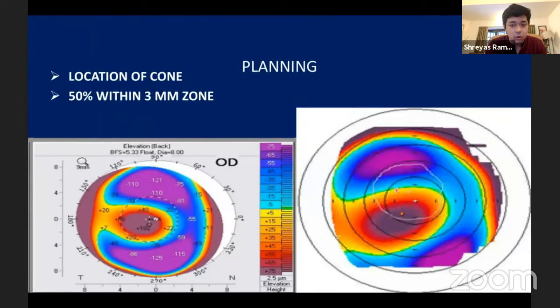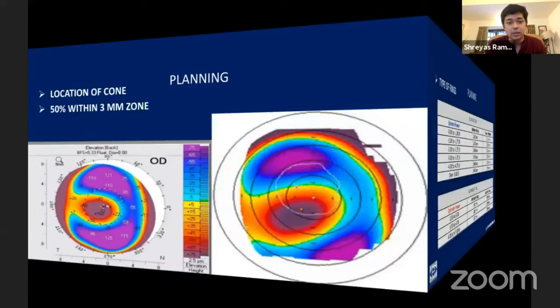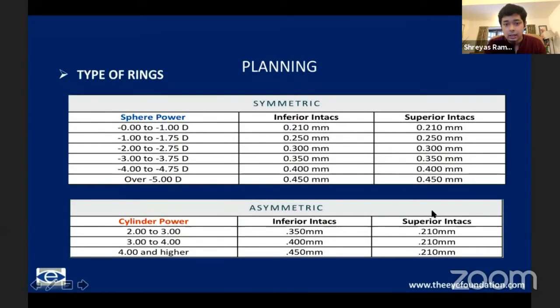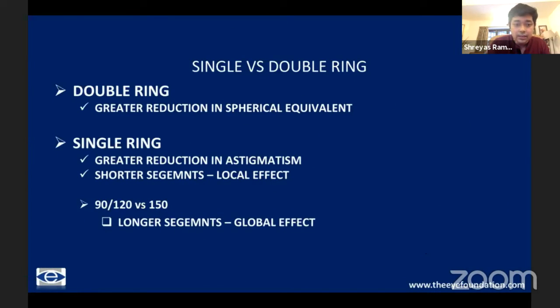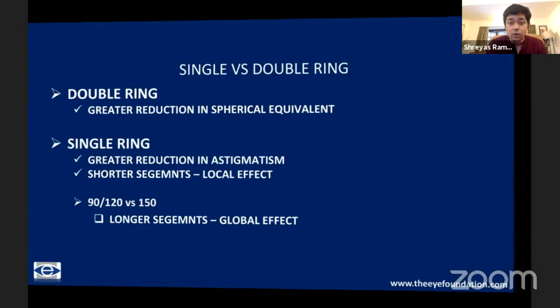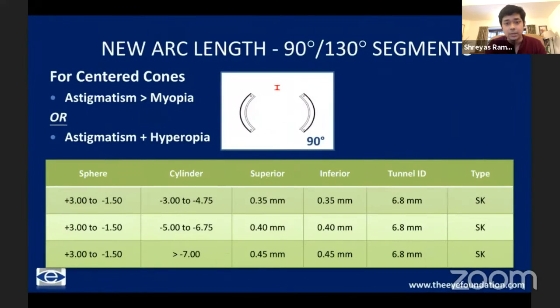If you have a centered cone, you can use symmetric rings. Or if you have a decentered cone where 50% of the cone is outside the central 3 mm zone, you can use asymmetric rings. You also have single ring segments, which are, especially if there is a high I-S asymmetry, giving a single inferior ring is very, very useful. We also have the smaller arc ring segments, where especially in the early forms of ectasia, you